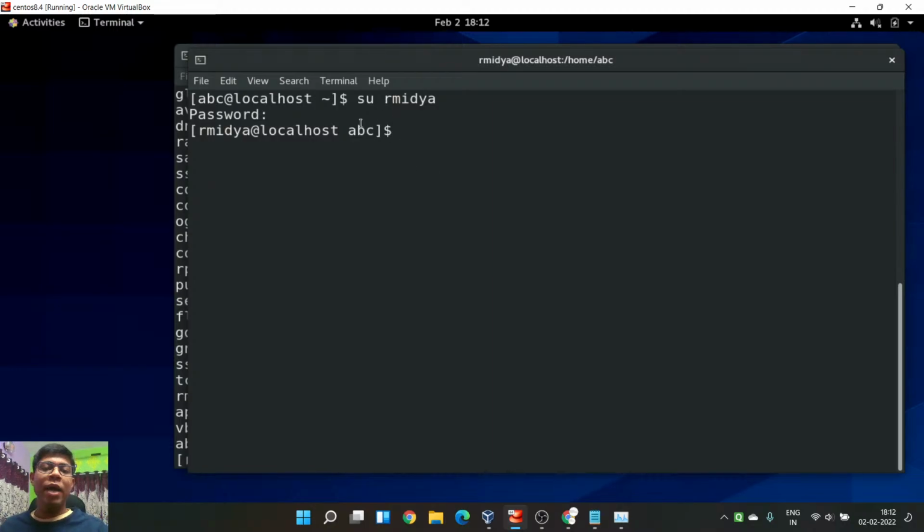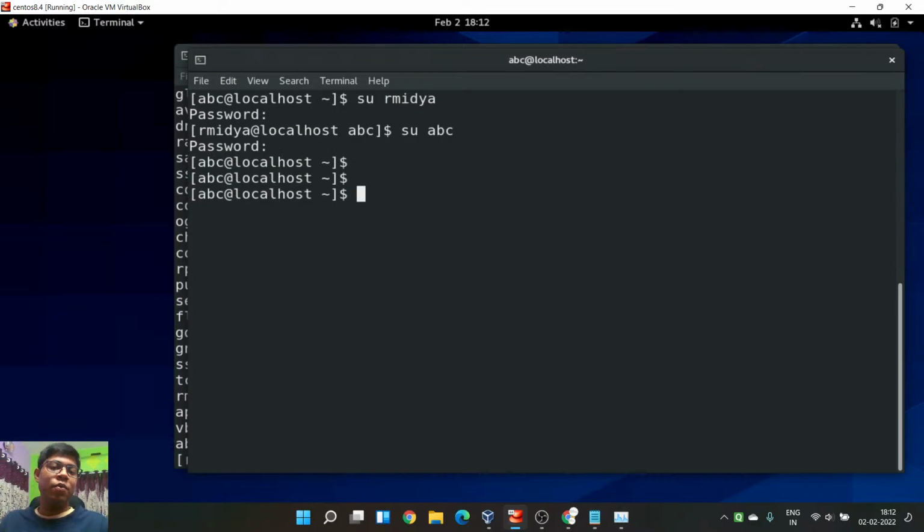So you might be saying that from here to here it asked me for a password. If I go vice versa, su abc, again it is asking me for the password.